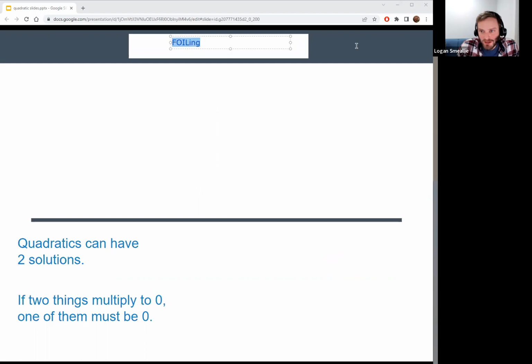Anybody out there, tell me in the chat, do you remember from your old math days, what is FOIL? What does FOIL stand for? It's an acronym that a lot of folks learn in middle school or high school math. Yeah, Sophie's got first, outer, inner, last. And Sophie, can you tell me when do we do foiling? When does that come into play? Quadratics, yes. Specifically, we're usually going to see it